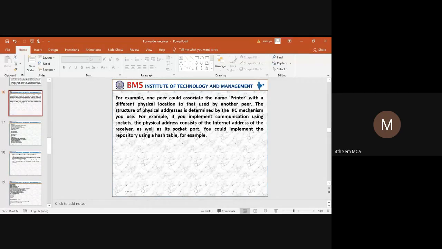Say for example, we have two different labs, and in the HOD's cabin, a printer is located. So that physical location address has to be mapped, so that whenever we are trying to request that service from any one of the labs, it should identify the address.